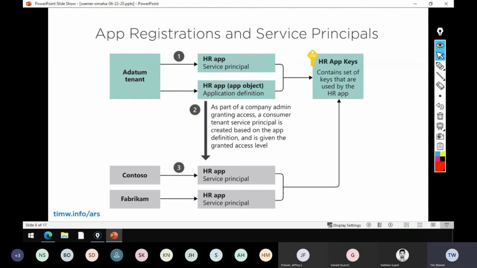This is a really cool flow chart I found in the Azure documentation. When I reproduce an image or something, you'll see in the corner of my slide there's an attribution where you can go to the source page. This breaks down what an app registration is and how it's distinct from a service principal. I guess we can take a step back.